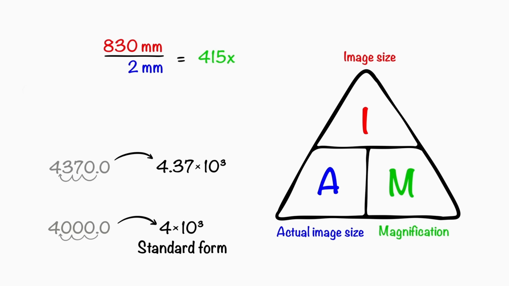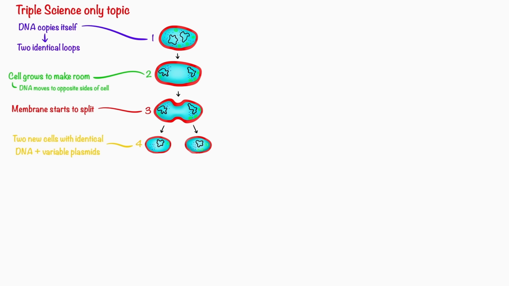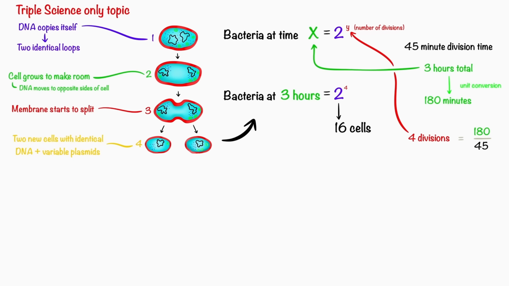This is then followed by a multiplication by 10 to the power of either a positive number if it's a very large number or a negative number if it's a very small number. The power of the number dictates the number of times the decimal point moves left for small numbers or right for large numbers. In this video, we will look at the process of binary fission, bacterial growth using mean division